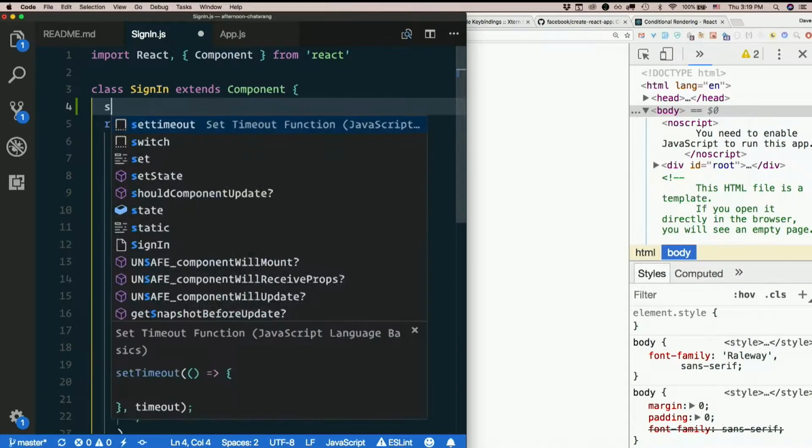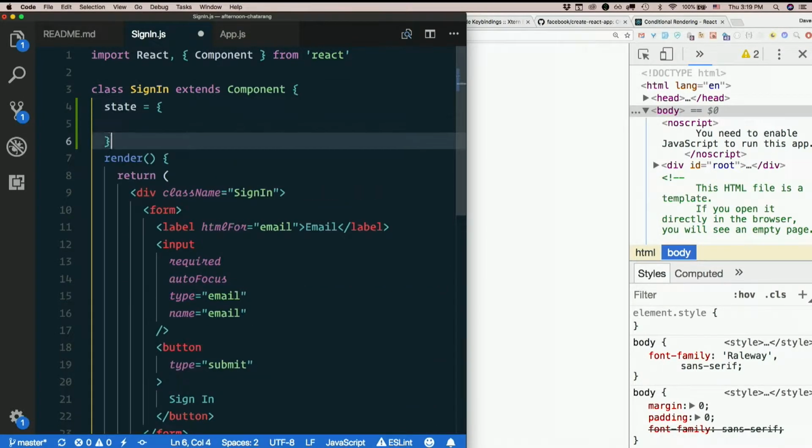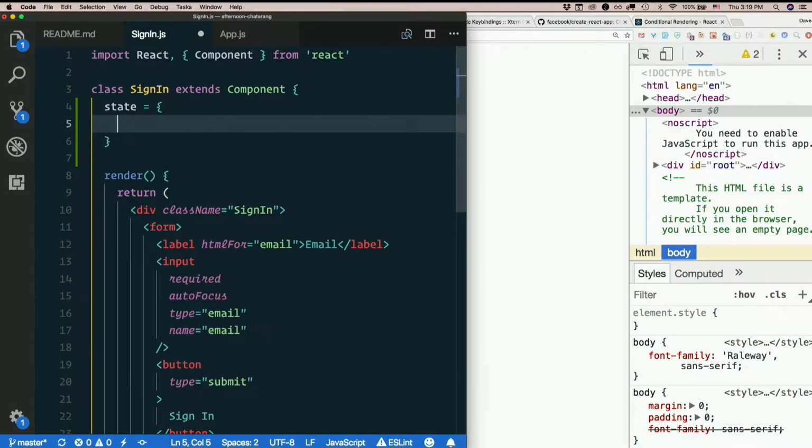So we'll make a place for it. State equals email. That's the thing we're typing in. I'll just initialize that as an empty string. So can we do that outside the constructor? Anytime, as long as that's the only thing you need to do inside the constructor. But if you need a constructor for some other reason,